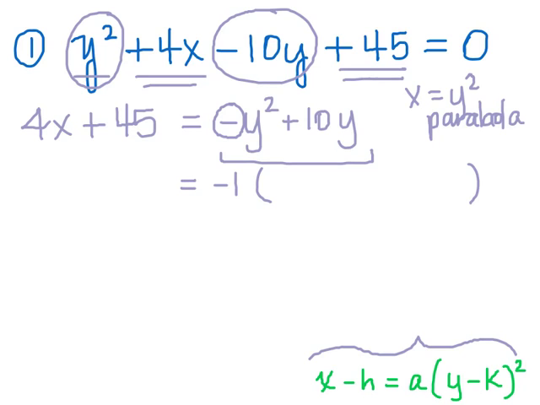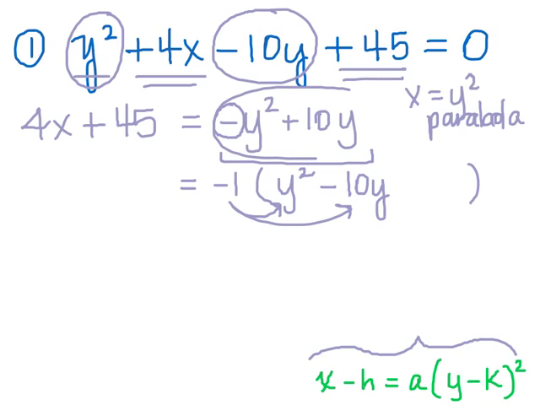So when we factor out a negative 1 out of that binomial, we get y squared, and notice you'll get minus 10y, because you want this to distribute back to give you what you had at the previous step. And so that goes negative 10y, and then we're going to put our plus blank for completing the square. Then on the other side, we're going to put 4x plus 45